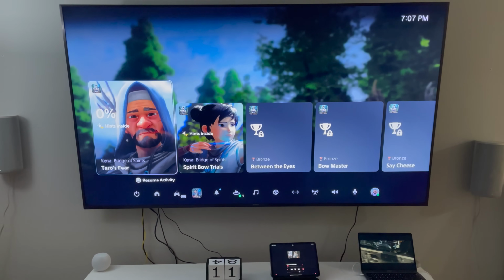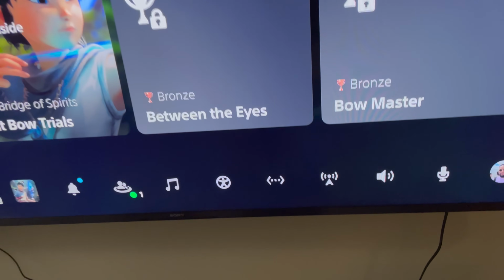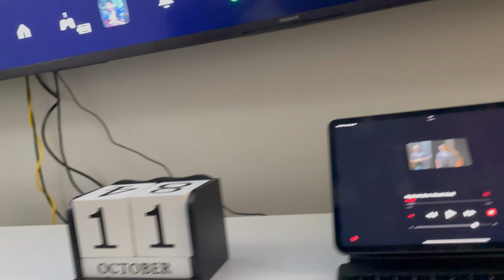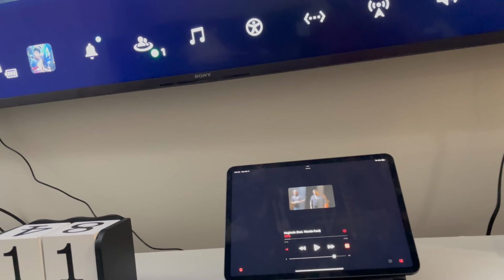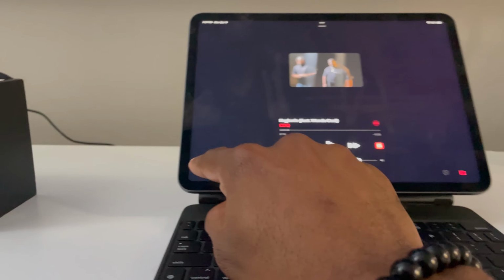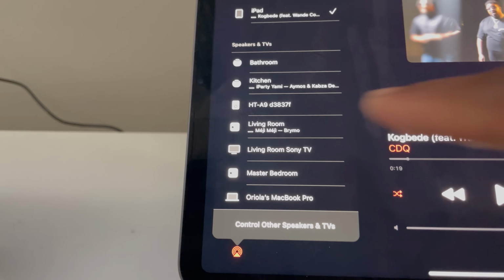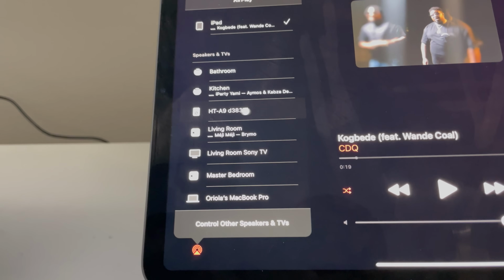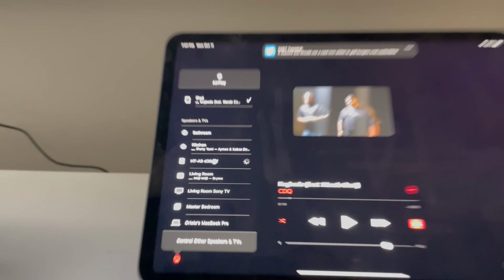Alright, so I'm gonna show you guys when you play a video from like an iPad or a computer straight into the system, it doesn't output the video to the display, it only outputs the audio. So for instance, if I AirPlay from here, and these are all the devices I have on my AirPlay. So this right here is the Sony HT-A9. When I click it